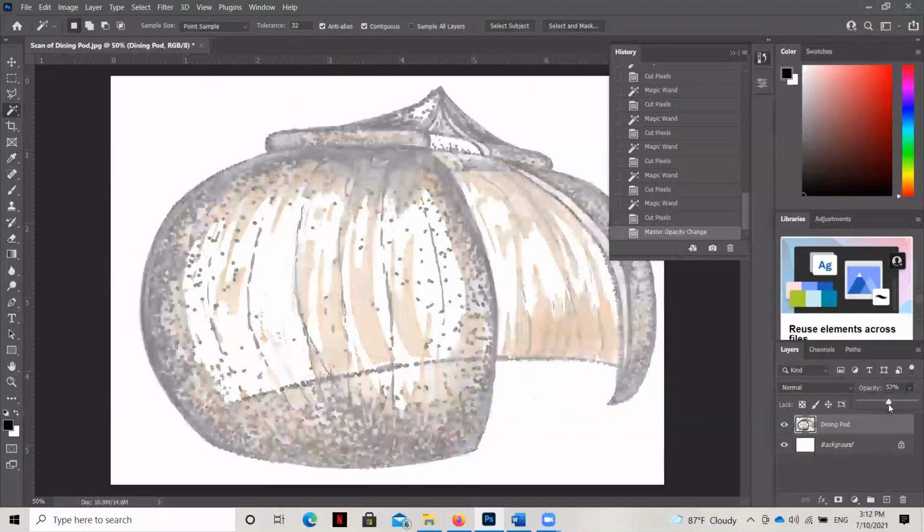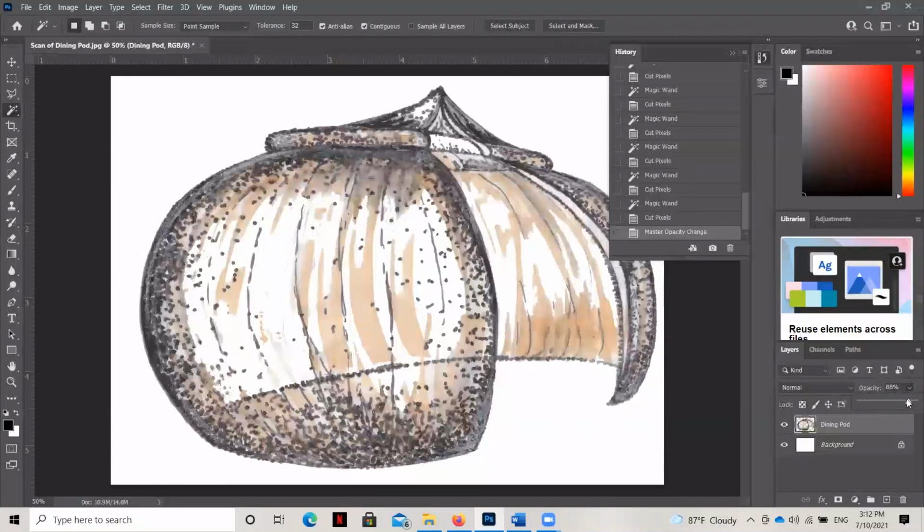So I'm not exactly sure how much opacity I want to pull out from this quite yet. I won't really know until I see it on top of my dining room. But for right now, I can start to pull back just a little bit to tone down some of the contrast. And then once I overlay this onto our dining room arrangement later, I'll be able to see the dining room behind it. So there's a lot of other commands that you can use to modify an image, and we won't really know all the commands that we can do to this until we see this within our hybrid rendering once we've applied it to our digital elements.